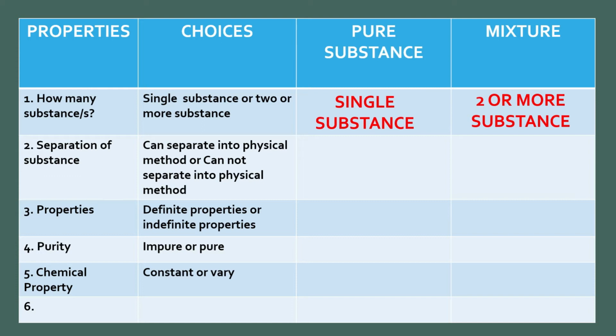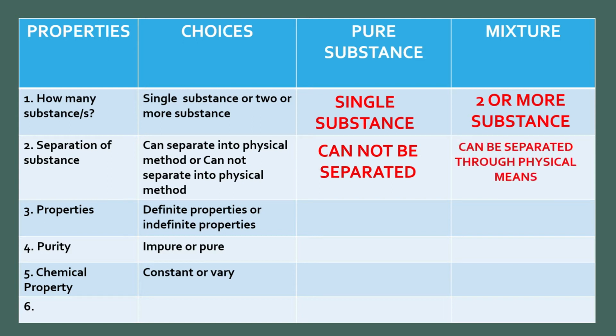And in a pure substance, you see it as one. So we can tell that it has a uniform characteristic. In terms of separation, a pure substance cannot be separated by physical means, but a mixture can be separated through physical means. For example, we can separate the oil and water